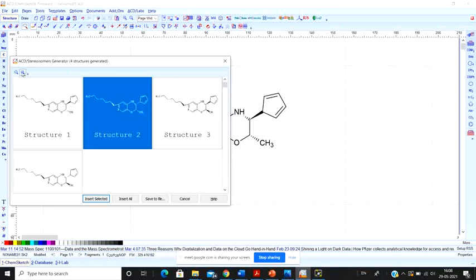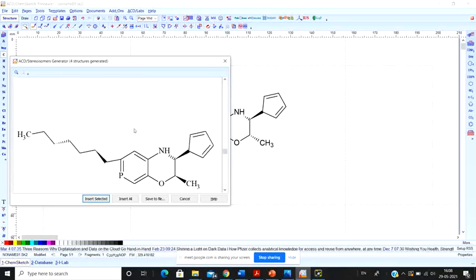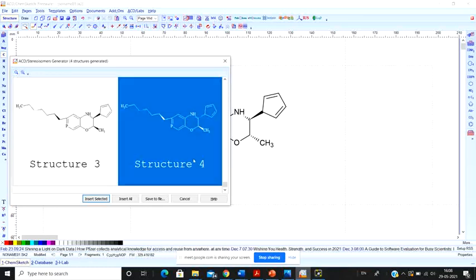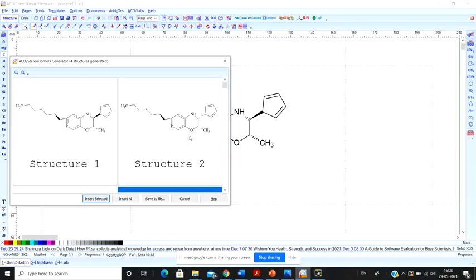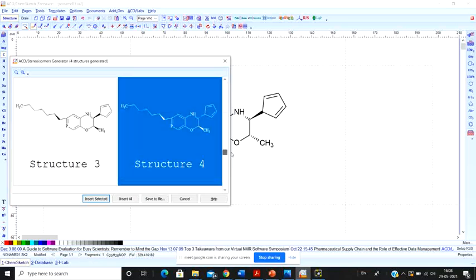you can use this plus mouse button here to analyze the structure. So this is structure 1, this is structure 2. Okay, so this is how the structure looks. See, in this particular case, this is the up stereo, but in this case, this is also down stereo, this is also down stereo, right? What about structure 3? See how it is different.